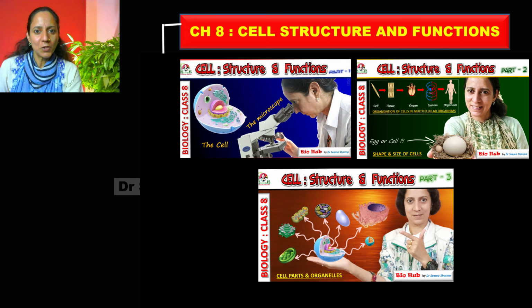Like here, I have drawn the animal cell. Maximum of the labeling is towards the right hand side. Second thing is I have used different colors just to depict different cell organelles and different parts of this animal cell. And at the bottom, I have written the animal cell. So this is how you can draw animal cell. Likewise, you can also draw the plant cell by keeping the basic characters of plant cell in mind while drawing. So this was about the basic rules which you have to follow when you have to draw biological diagrams. Now coming to our objective number 2, that is the basic differences between the plant and animal cell.